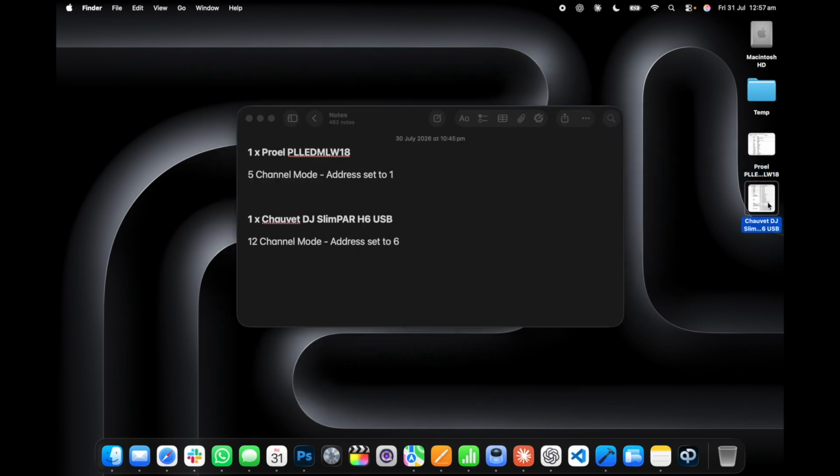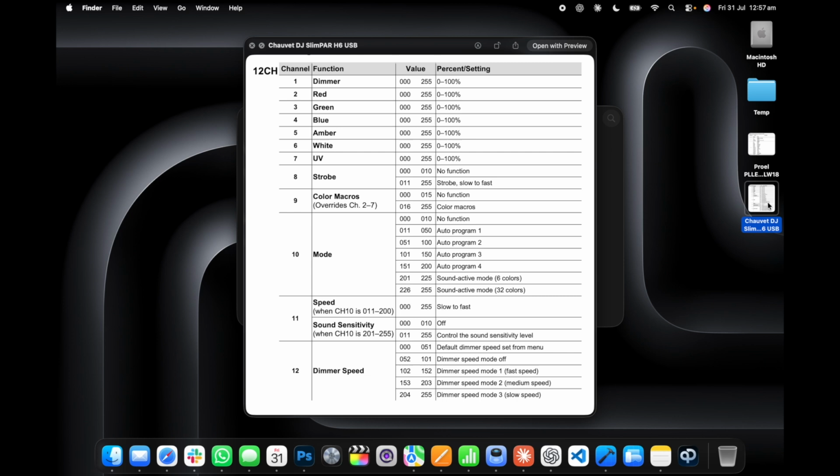And then for the Chauvet DJ pars, we've got 12-channel mode. Again, I've just taken the channel list from the manual, taken a screenshot of that, and I've got it saved on the desktop as a file that we can use in a minute. So basically the groundwork before we get started is you have to know which fixtures you've got that you want to add into the program,